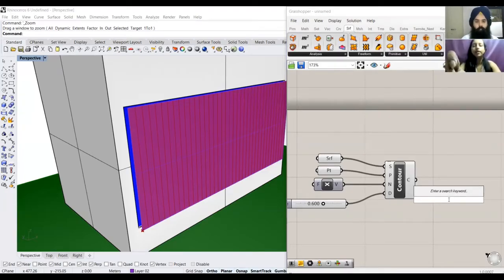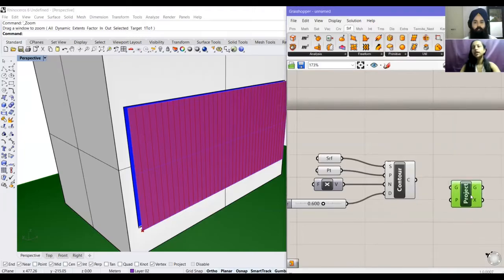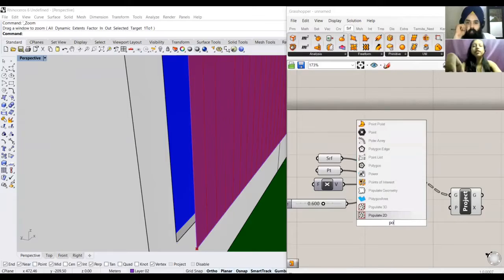Sorry, not offset, but we can project directly. Offset would have also worked, but I want to show you how we can then tweak that offset also. So we are going to do a project. We take these geometries and project them onto this surface, if there was an imaginary surface here on the external surface of the actual finished facade, and not the external surface of the louvers. And I have another point here.